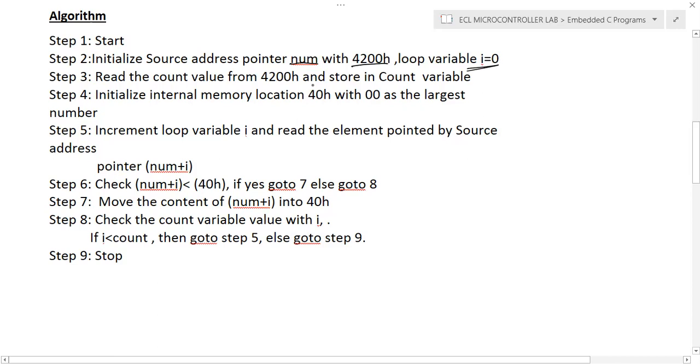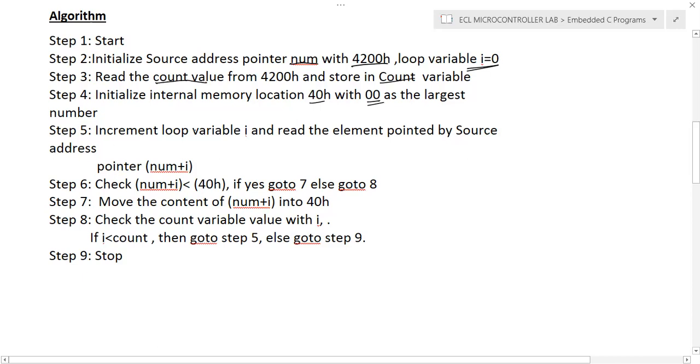Later, if required, we can change it to 1 or 2, etc. First we read the count value from 4200, because 4200 is loaded with the count value, and we store it into the count register. After that, we initialize the internal memory location 40H to store the largest number, and initially we load it with 00. We'll assume that 00 is the largest number, and the remaining array values we will check against 00.